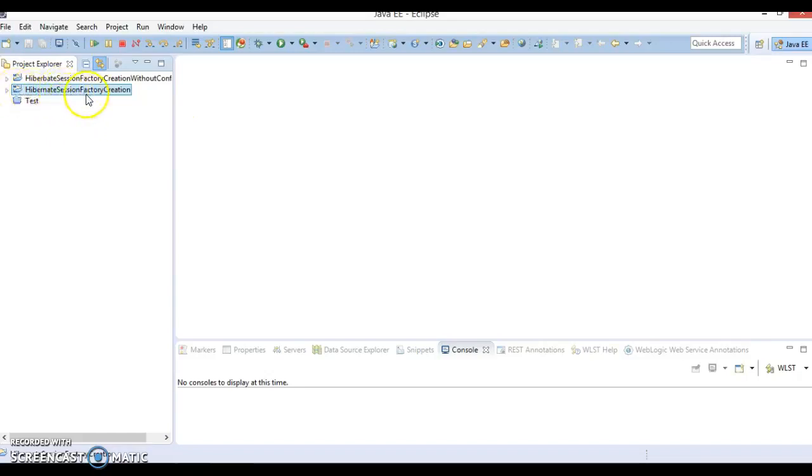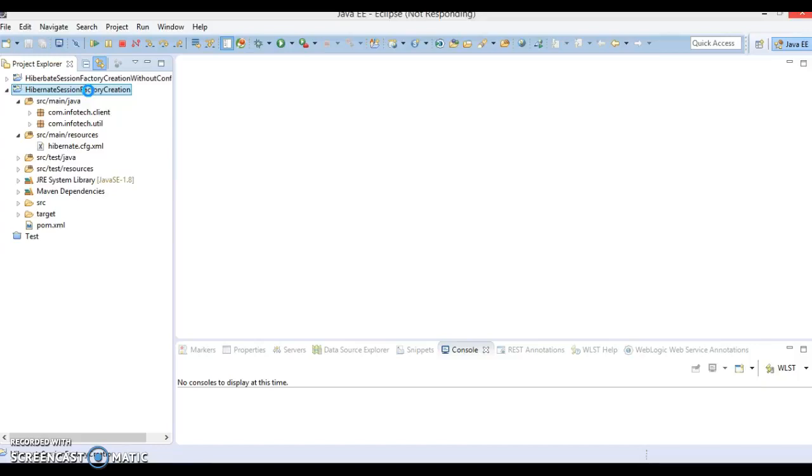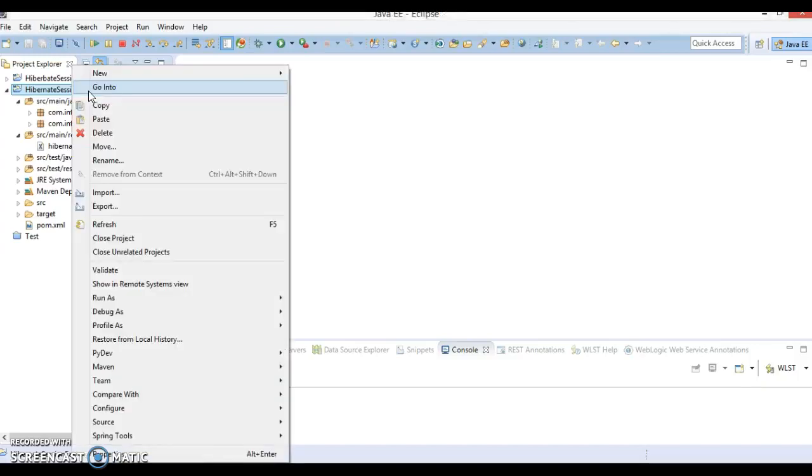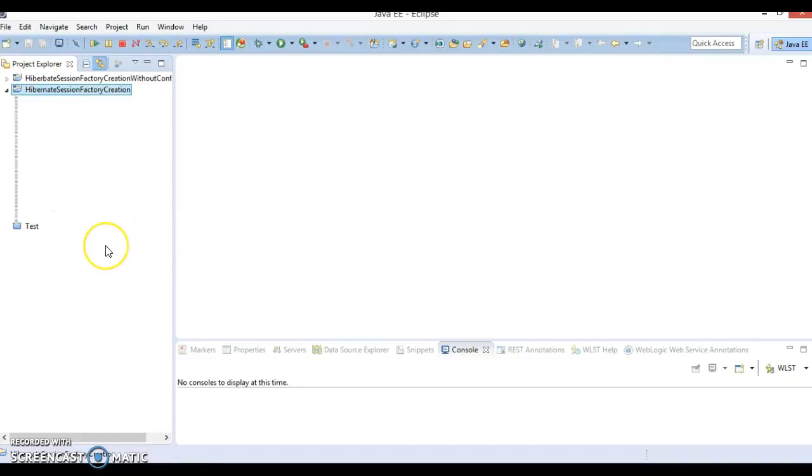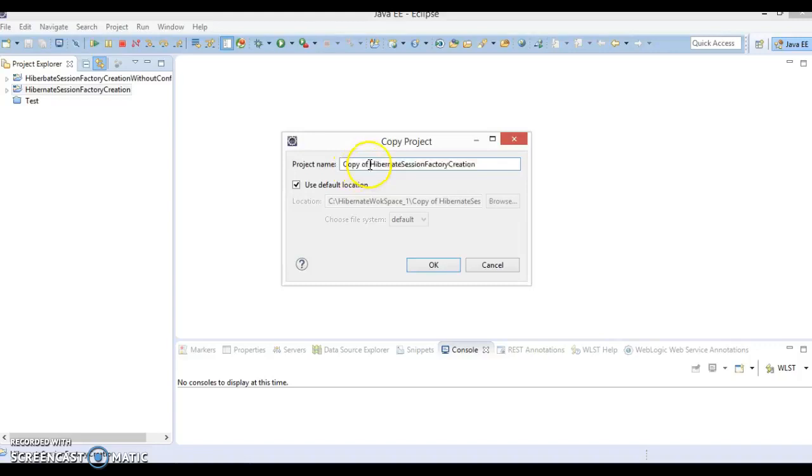So I have already project which we had created in our past video tutorials, and there I had shown you how to create a session factory using XML configuration file. So what I'll do, I'll copy this project and I'll create another project with this different name with same content. So here I'm gonna copy this project and I would paste in the same workspace with different name. So let's paste this guy and I would say